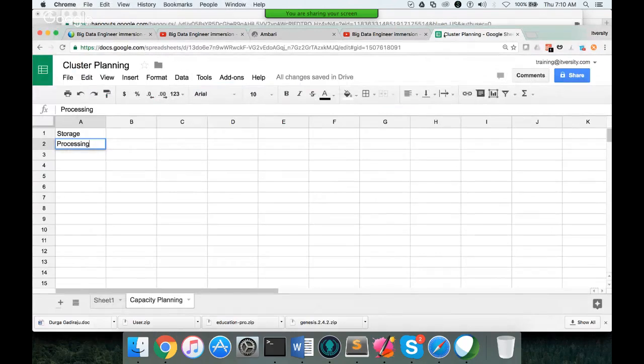First thing you need to understand is the storage, and as per your planning, you need to provision so much of storage. And storage, CPUs and memory are interrelated. Okay. So for example,